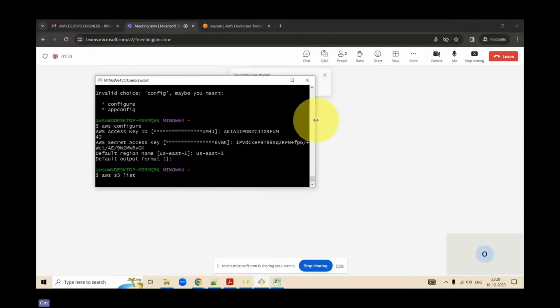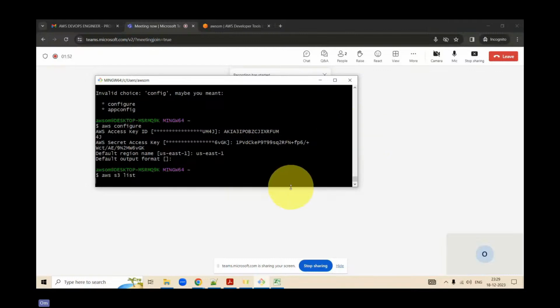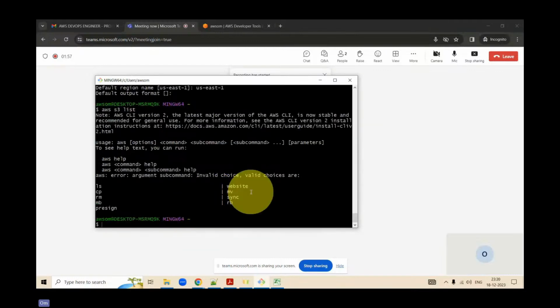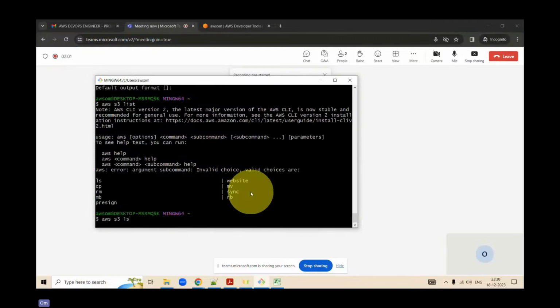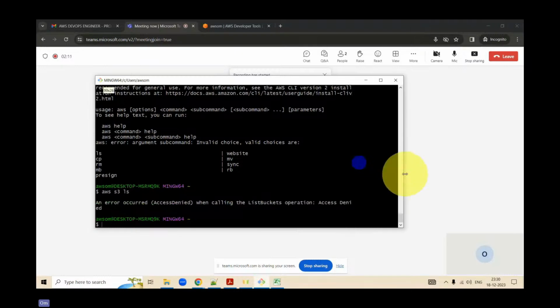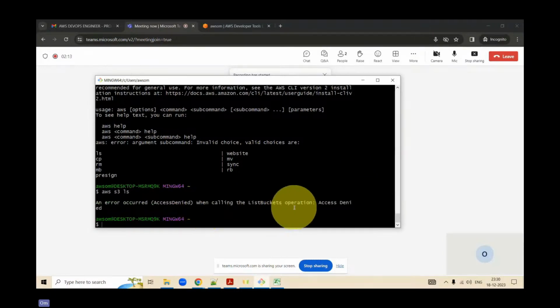Now, what I did simply is I integrated my AWS with my local. So even if I type aws s3 ls, that would give me the list of all the buckets. Now if you get something like this that says error when trying to access list bucket,